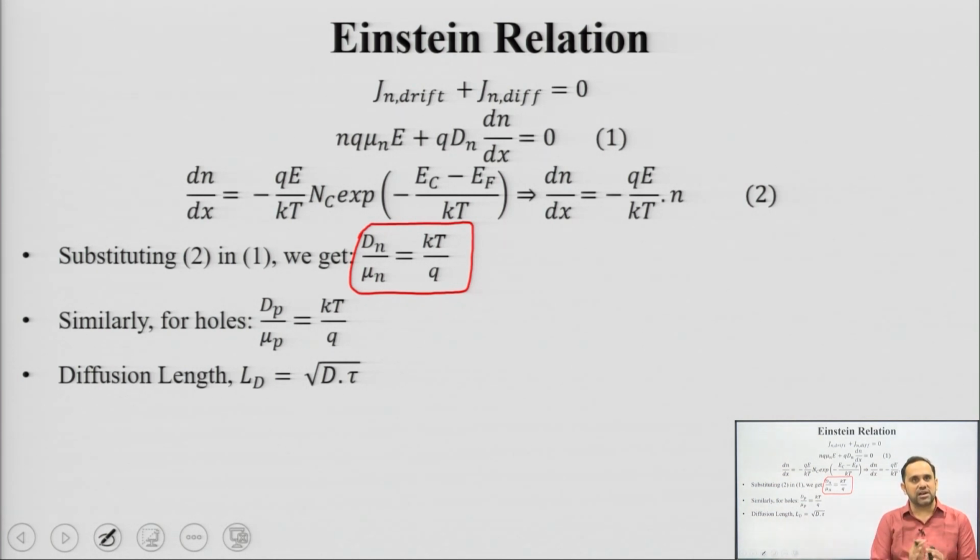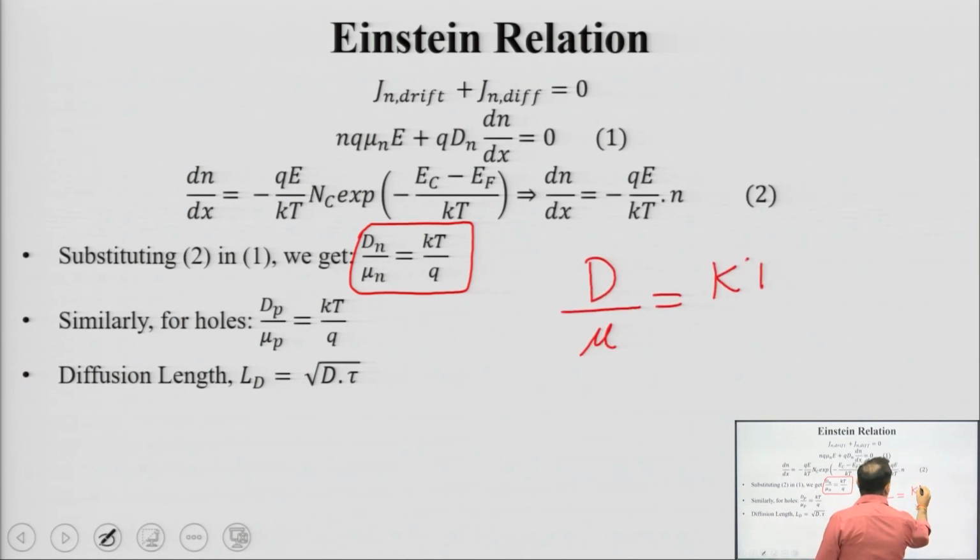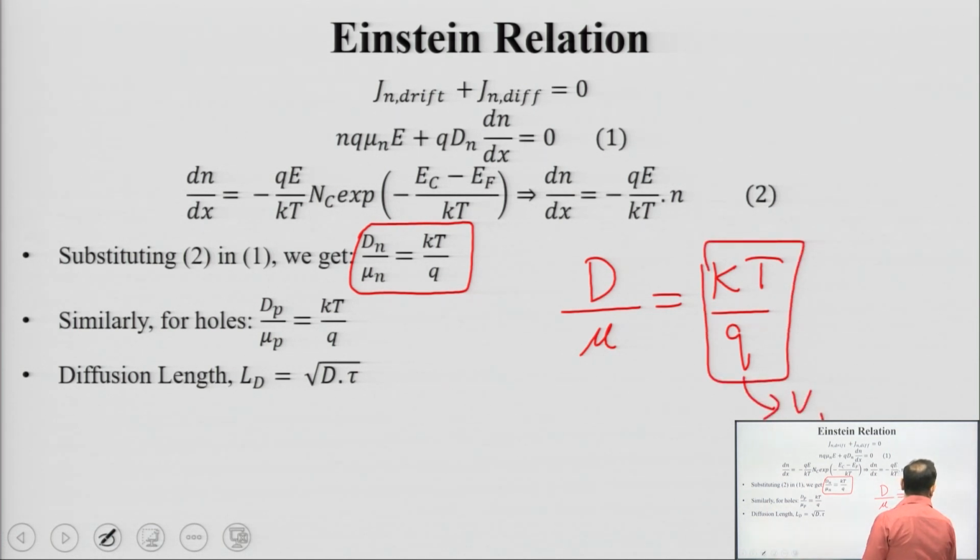You are going to have a gradient in the energy band diagram for a p type semiconductor also. This relation which we have obtained says D by mu equals kT by q. What is D? Diffusion coefficient. What is mu? Mobility. k is the Boltzmann constant, T is temperature, q is charge. This kT by q is also known as V_T or thermal voltage. Why? Because k is constant and q is constant. If you vary temperature, this term, which has units of volts, depends only on temperature. So, this is known as thermal voltage.